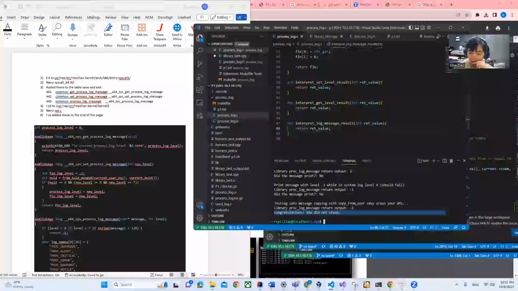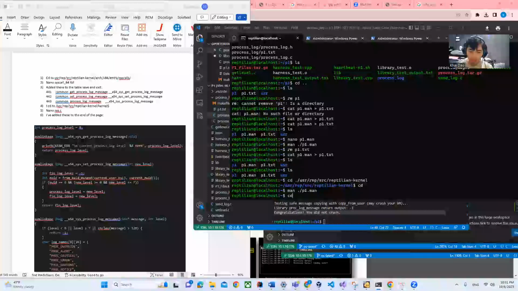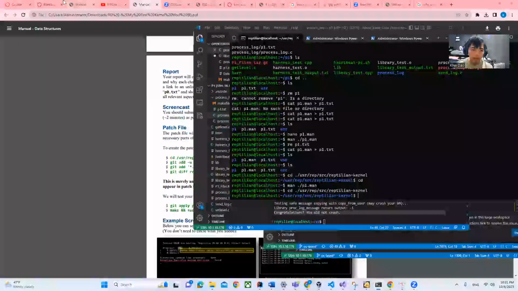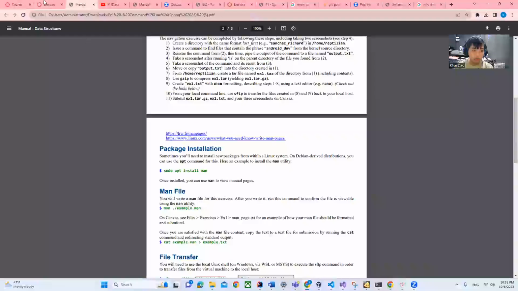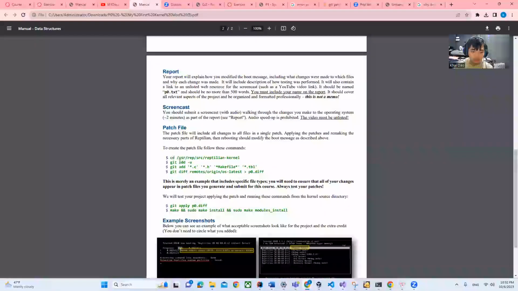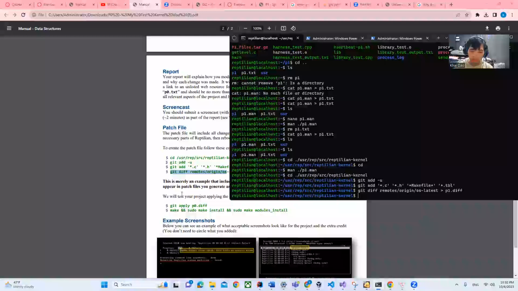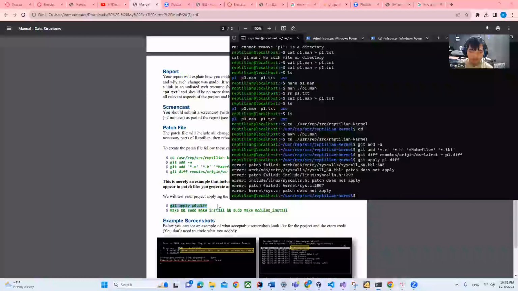The only thing that is not cooperating in my case is the reptilian kernel. Okay, cd right here. The patch file would not compile, as you can see right here. If I copy all these and put it right here, it would not work. I don't know why, but it doesn't work. I just skip apply. Bam, it doesn't work. I still don't know how to